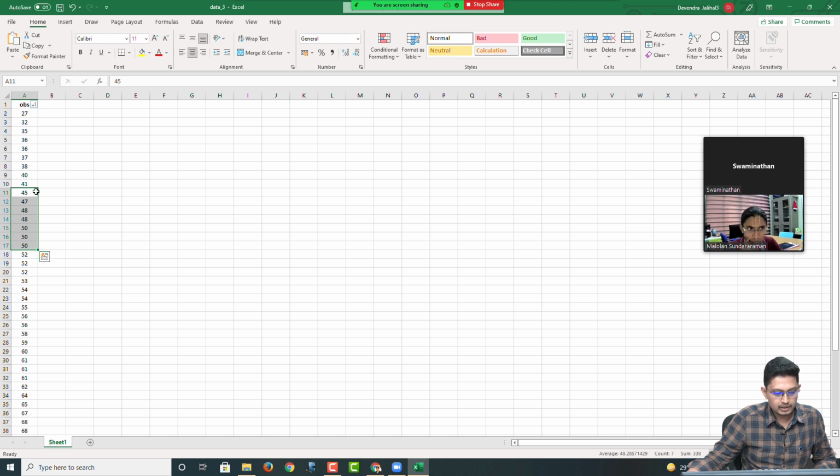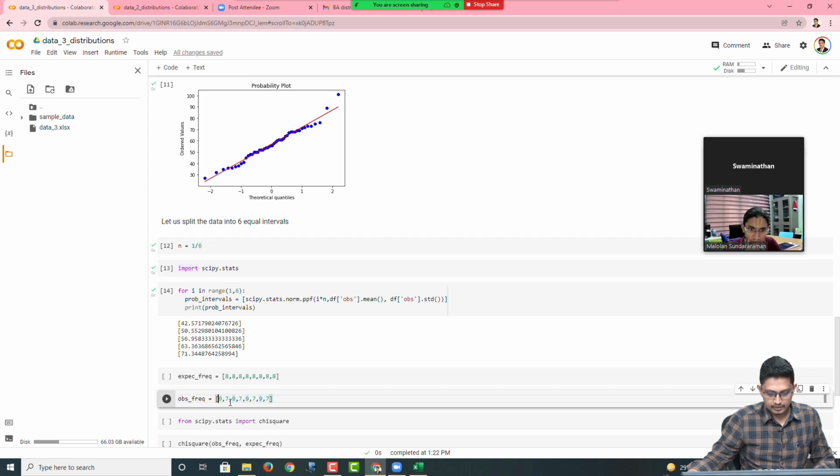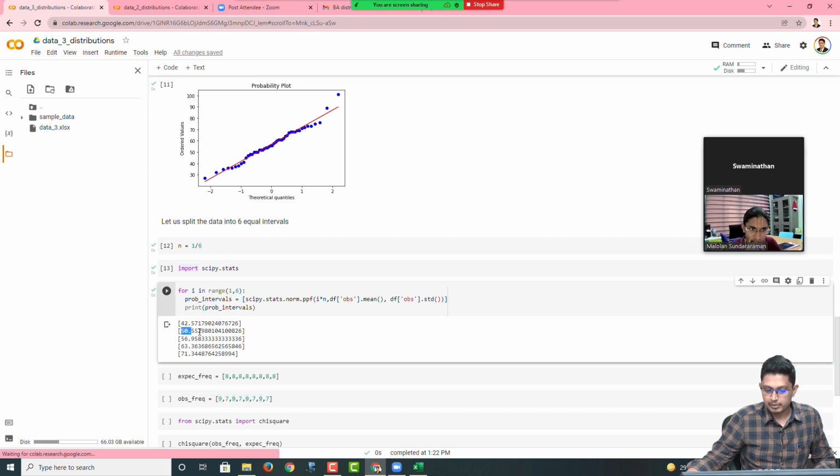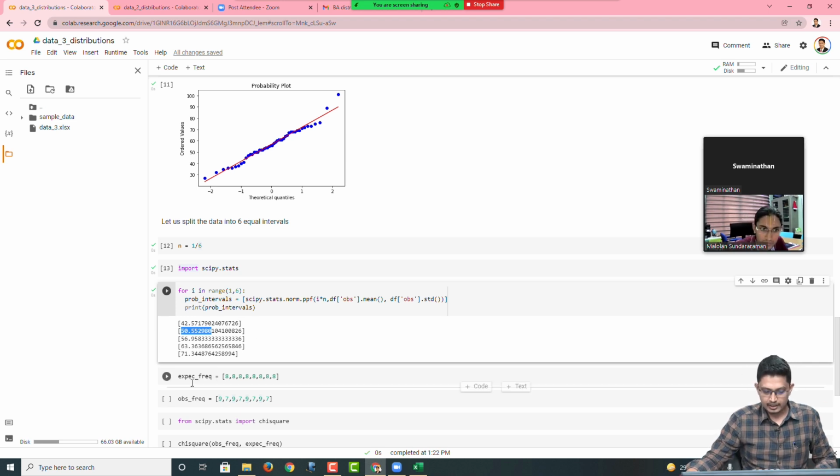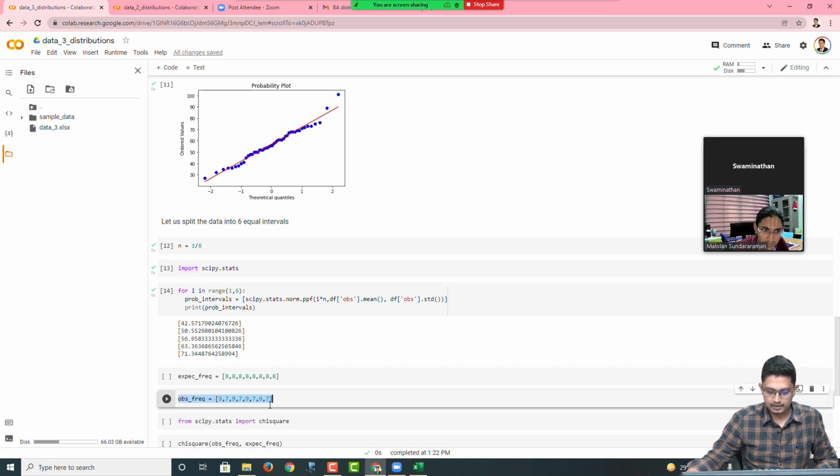So you have till 50. You have from 45 to 50, right? So that's the second bucket. 42 to 50 is the second bucket. So likewise, we have created 6 buckets and we have the observed frequency as 9, 7, 9, 7, 9, 7,